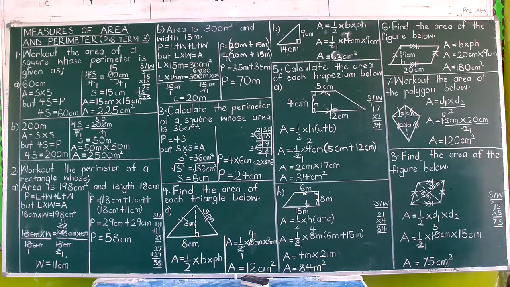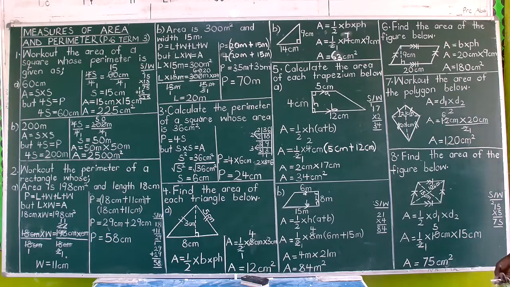Area of a rhombus. A rhombus has got all sides equal, but the diagonals are different. So it has got diagonal 1 and diagonal 2. So you get a half of the product of the diagonals. So that is the area of a rhombus. So area of a rhombus equals a half times diagonal 1 times diagonal 2. You can as well say diagonal 1 times diagonal 2 divided by 2.